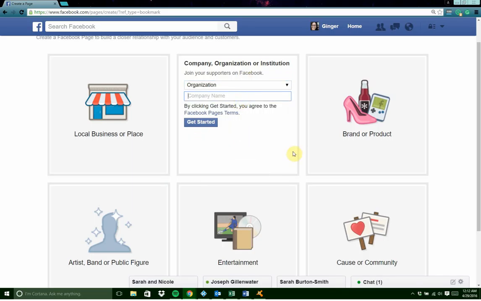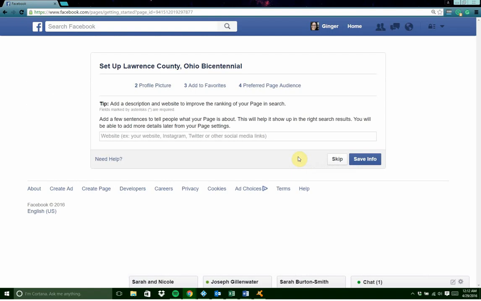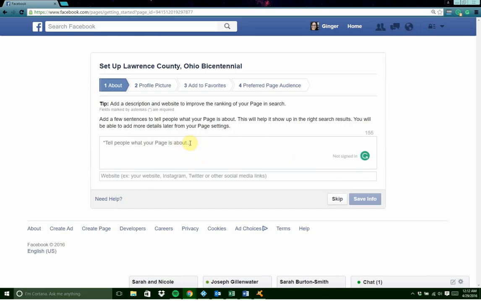And here under company name, I will type in Lawrence County, Ohio Bicentennial. And we will get started, assuming you agree with the Facebook Pages terms, which you can read if you like. And then what we do on this next step is we tell people what the page is about. So this page is about joining us